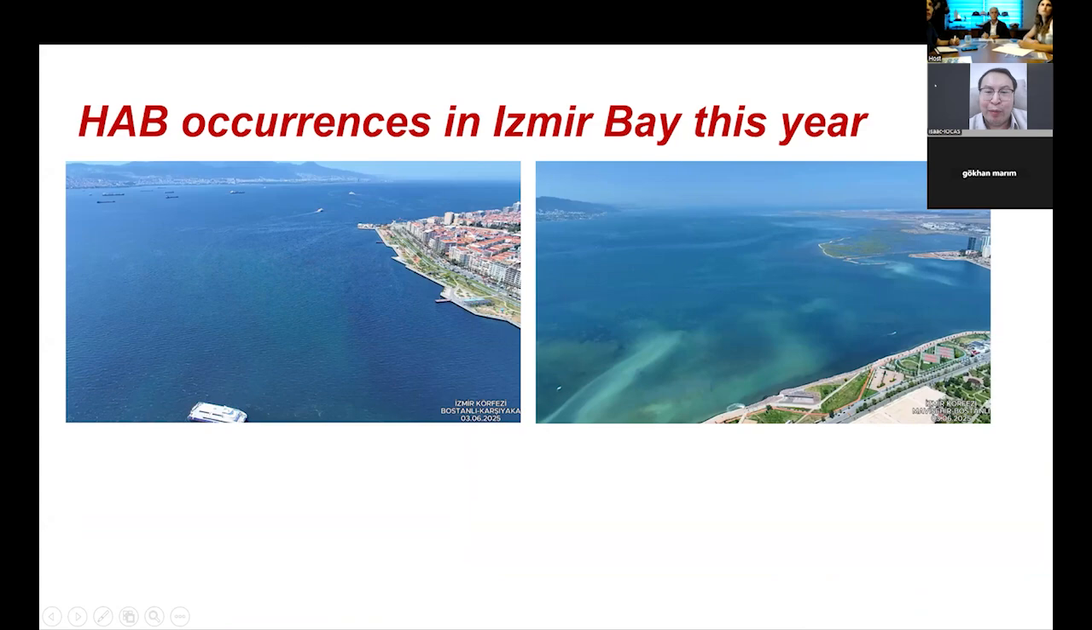The left one, you can see the watercolor is brown, and the second, the watercolor in the coastal area